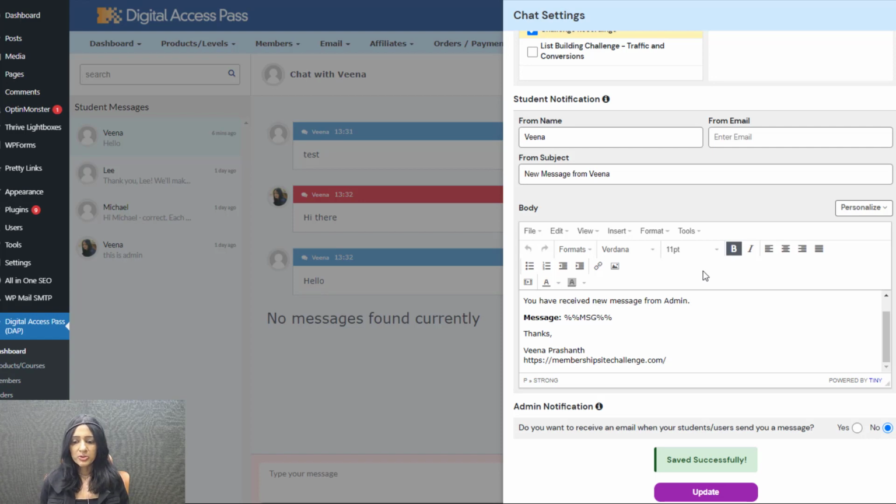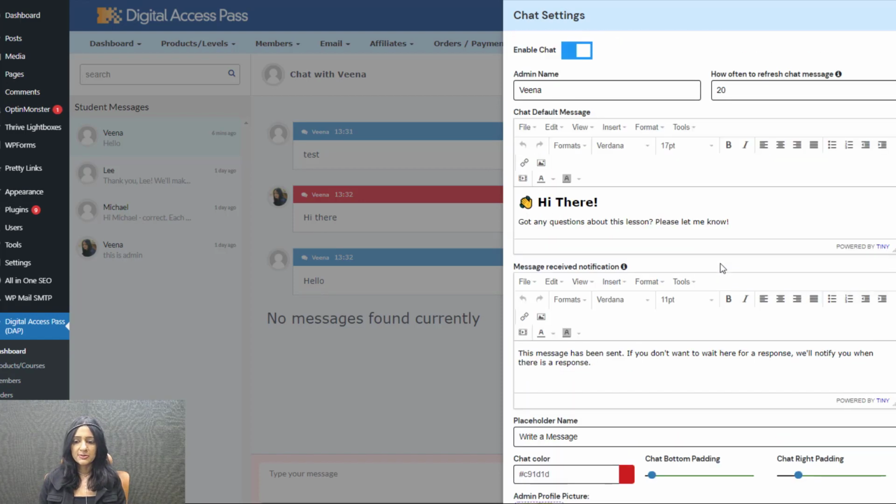And it's really a simple setup. In no time, you can have the chat interface active and just use the default options initially, activate it on any one of your course pages or challenge pages, and then log in as a student. Don't test while logged in as an admin, right? But log in as a student, give yourself access to the course or challenge where you have activated it, and then send a message as your students would.